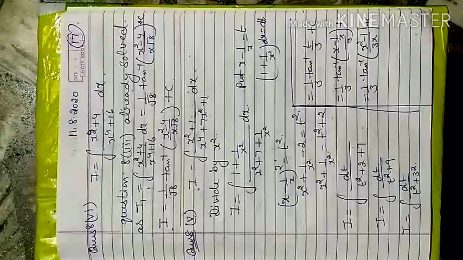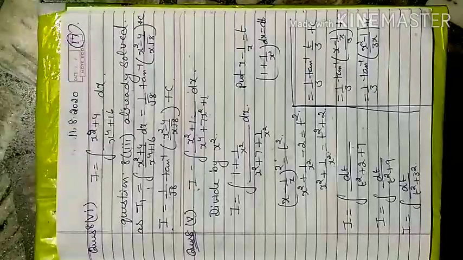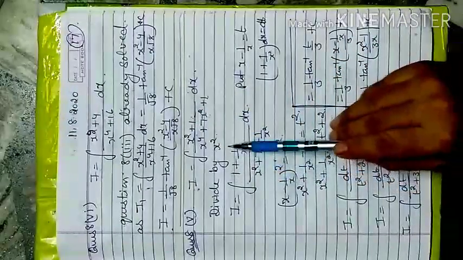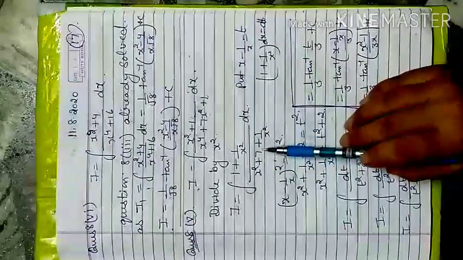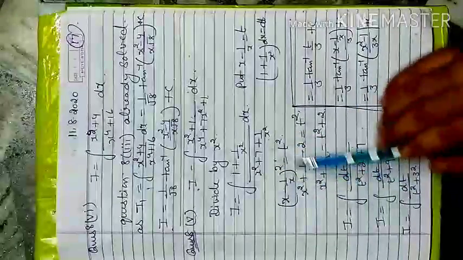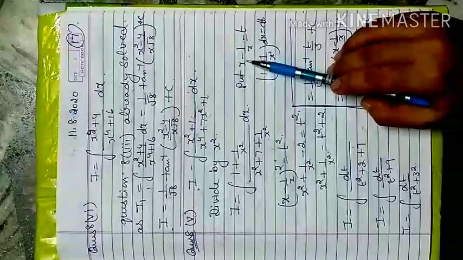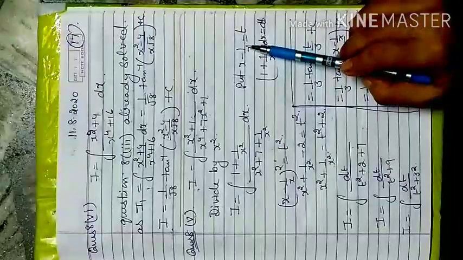First, divide by x square, then separate the terms and try to remove the numerator and convert the denominator into the formula that I have given, like the 3 formulas. Like here, x square plus 1 divided by x square, 1 plus 1 by x square, x square plus 7 plus 1 by x square. Now you have to write 7 separately here, then write x square plus 1 by x square collectively. Now if the positive sign is there, we have to take the negative sign between x and the reciprocal of x, and whatever constant term is there, you have to carry it out the same here.